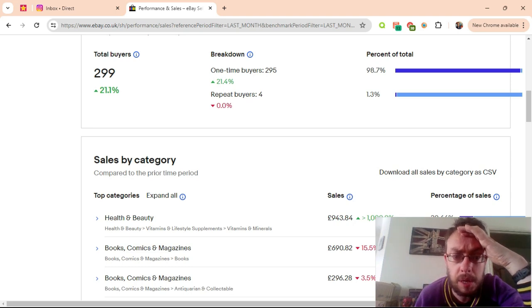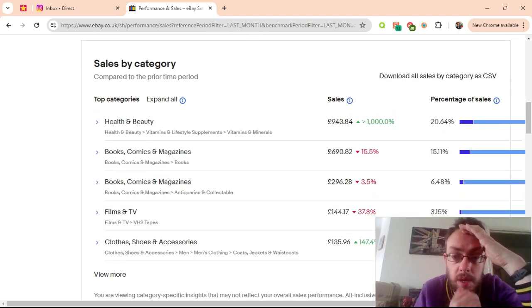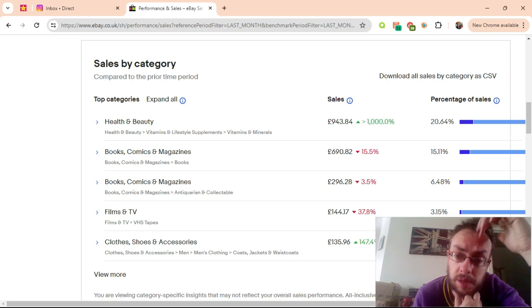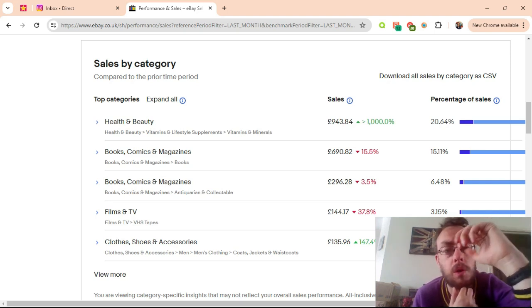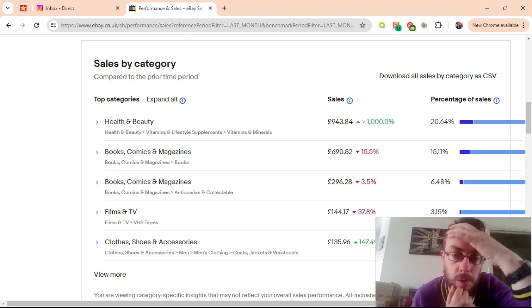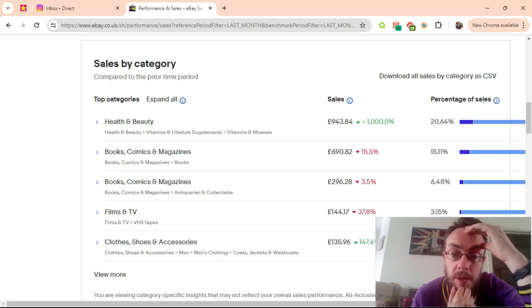The interesting bit here that I like to look at as well is the sales by category, and I can see I had a 1,000% increase in health and beauty, particularly around vitamins and minerals. I found a particularly good item of retail arbitrage in this category that as soon as I listed it was selling. Unfortunately I can't get any more of the product now. I've exhausted all supplies within a 50-mile radius at least of home,